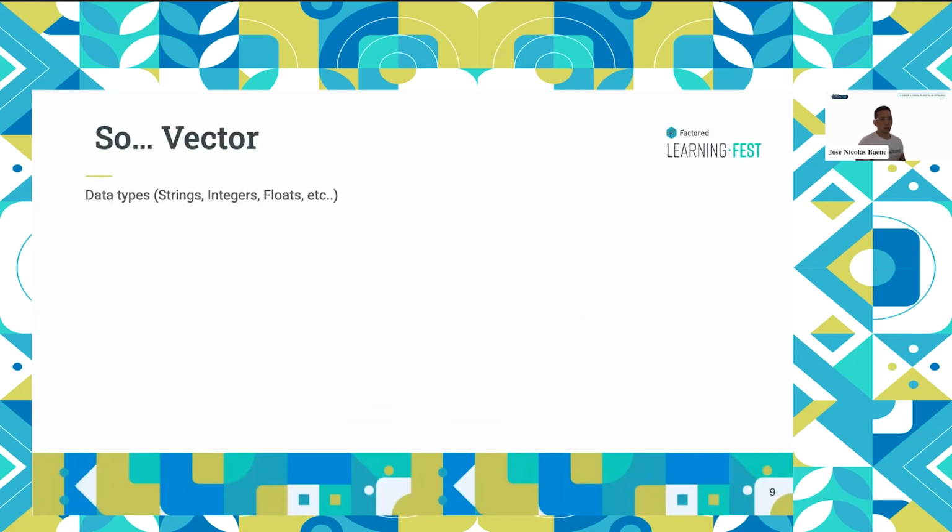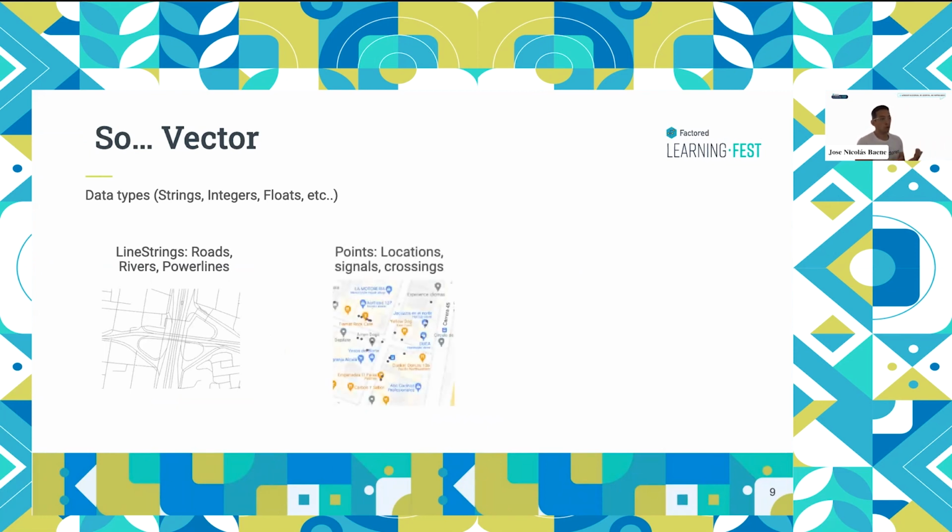So some examples just for you to get some sense of how vector data looks. For example, line strings you will use for roads or rivers or power lines. In this case, we have a road intersection, and all of the different lanes and the different parts of the road are represented as lines. We also have points, which usually can be specific locations that you want to mark, like restaurants or signals of crossings, like what you see on Google Maps, this kind of yellow flag,